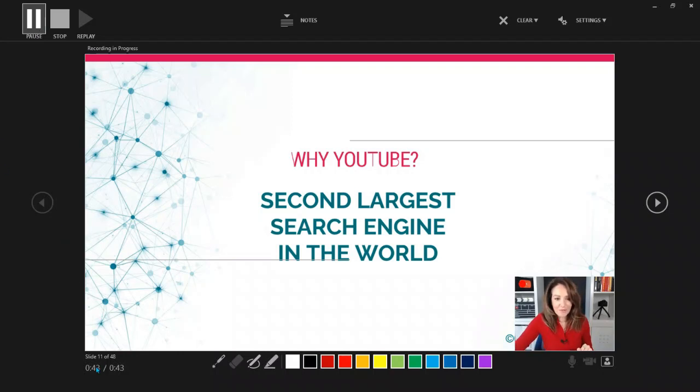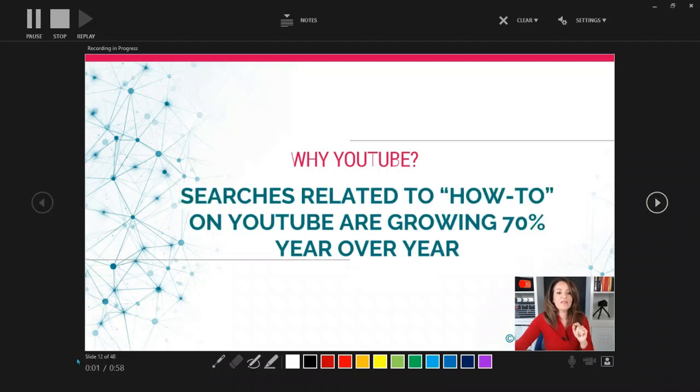Down at the bottom, you see two different timers. The first timer describes the amount of time you've spent on this particular slide, and the second timer is how much time you have spent overall in your presentation. So for example, if I now click here to go to my next slide, you see this is becoming a 0 and the second timer is 1 minute and building up.